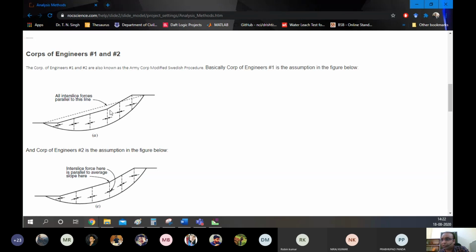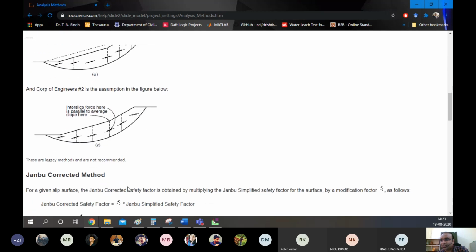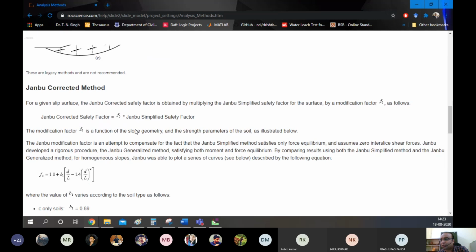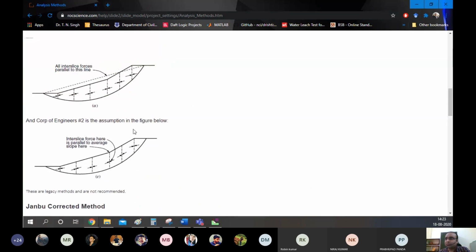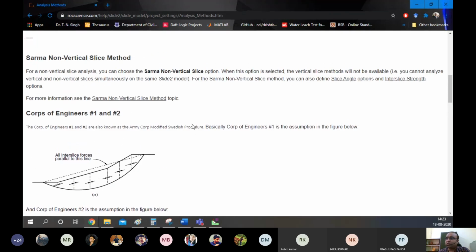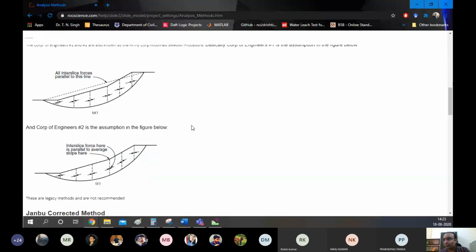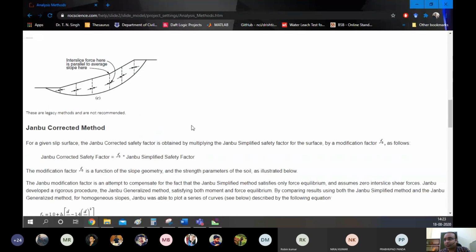In Corps of Engineers 1, the interslice forces are oriented to the overall slope or the overall circle, while in Corps of Engineers 2, it is oriented at the average slope here. So minor differences are there, which change one method from another and change the factor of safety that we obtain. But ultimately, we have to know why this is done, how these change, and which is applicable.